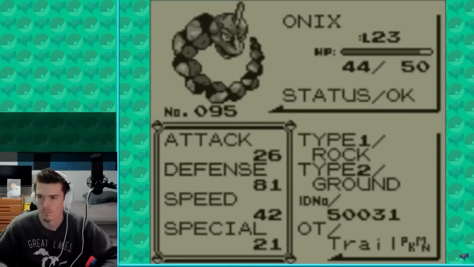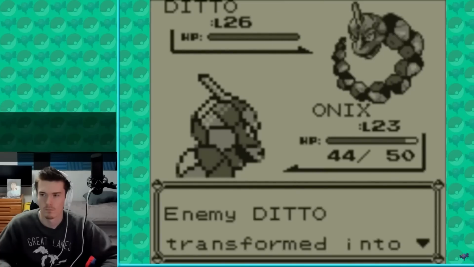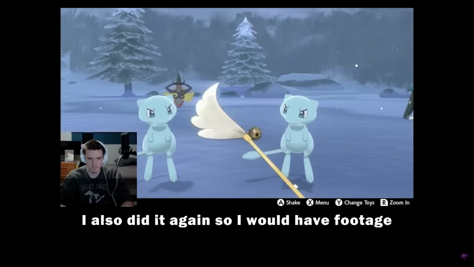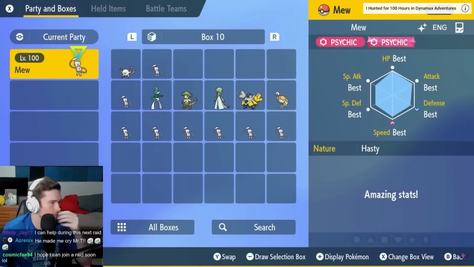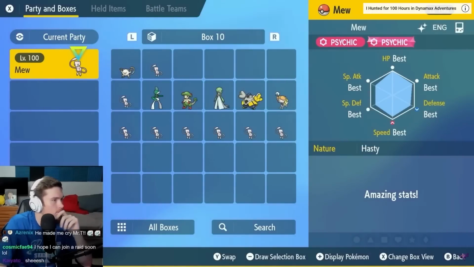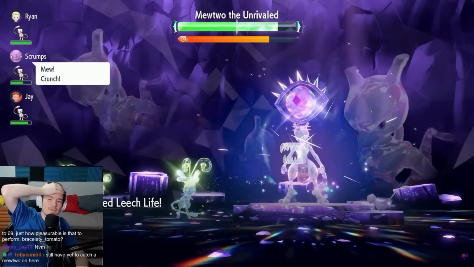You can get as many Mews as you want by encountering a Ditto and having it transform into one of your Pokemon that has a special stat of 21. I followed this whole process a few months ago, getting myself 7 shiny Mews, one of which happened to become 6 IV on the transfer. Pretty neat. And then I did the Mewtwo event raid with them in Scarlet and Violet to give them the